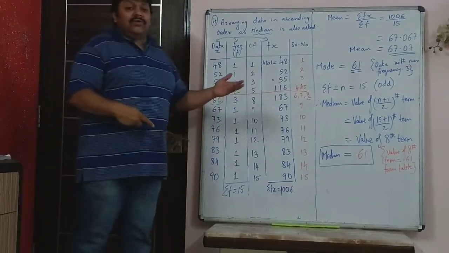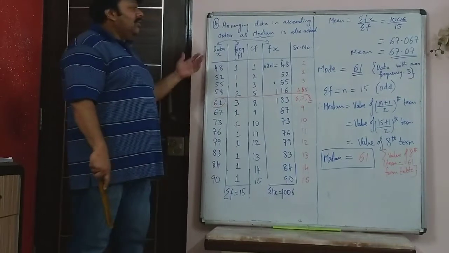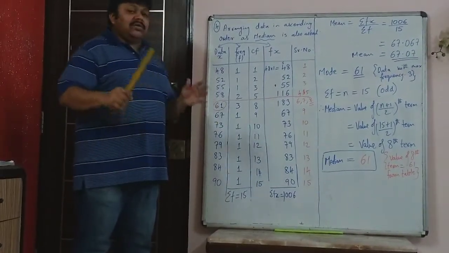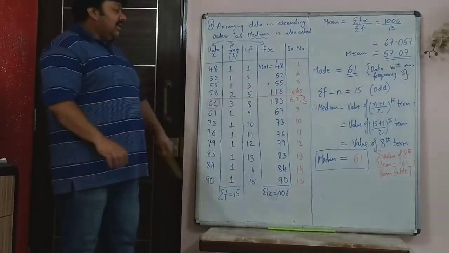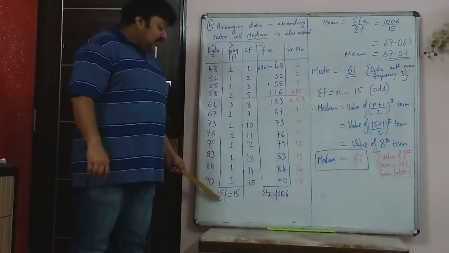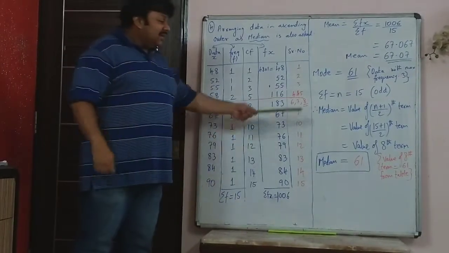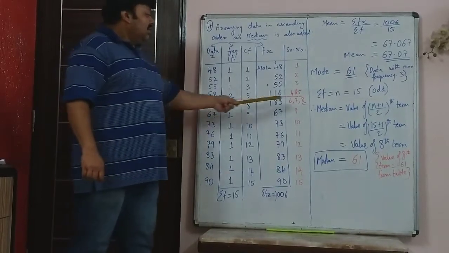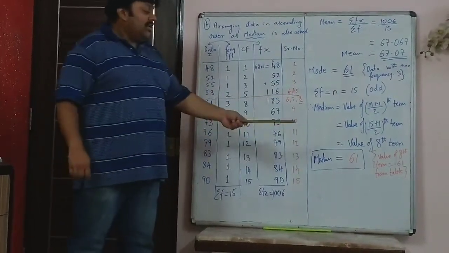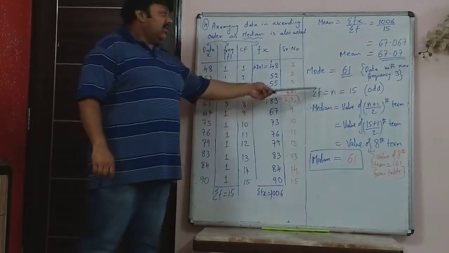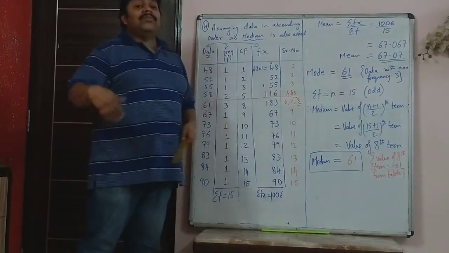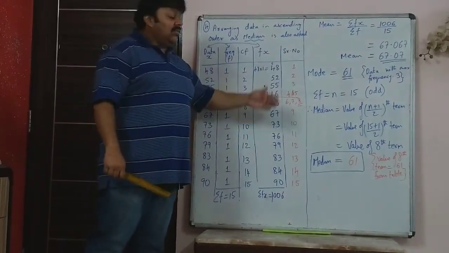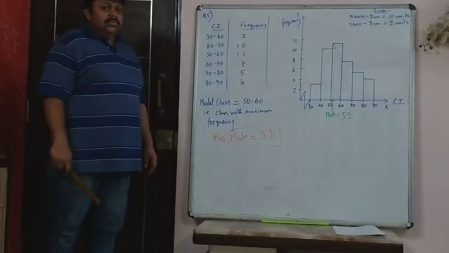If it was age, it would have been written as years, but I told you I am just taking an example and it is not actual. So therefore it is just 61. Median is the data that happens at the center. Because there are 15 data, the 8th data's corresponding value is 61. So median is 61. It's just a coincidence that mode and median happen to be the same value in this particular sum. Don't read much into that, it could be different numbers.